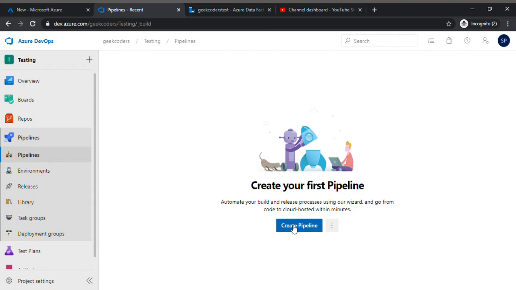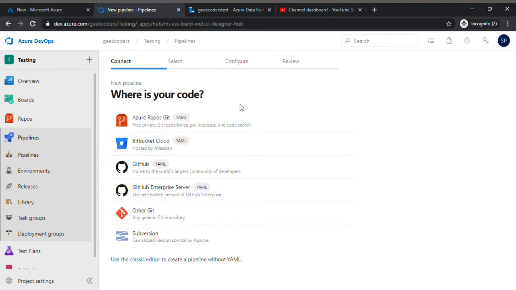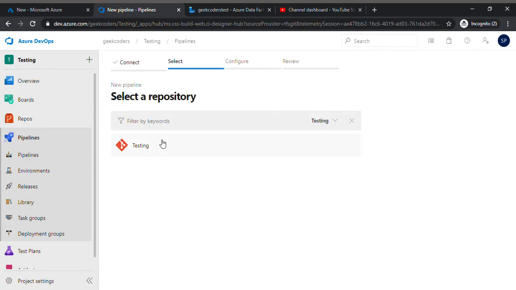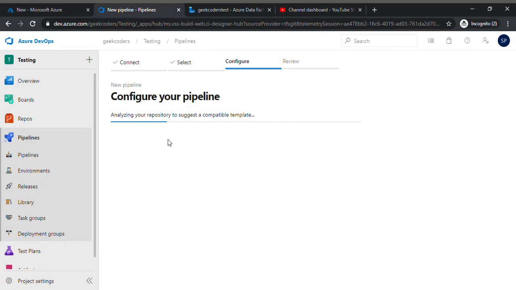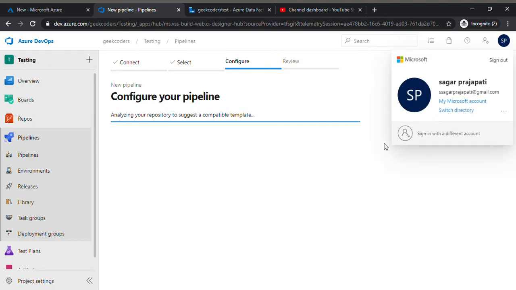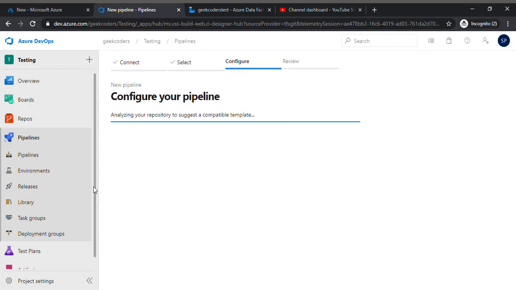So I click on this create pipeline option, and then I choose this repo. It is taking some time.